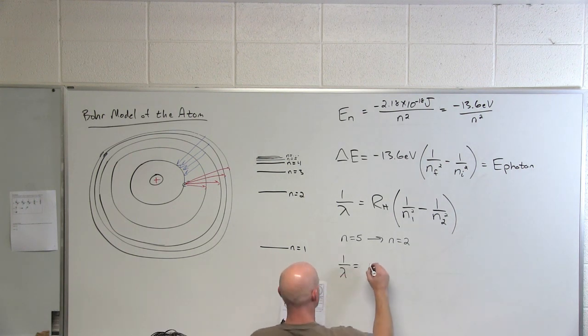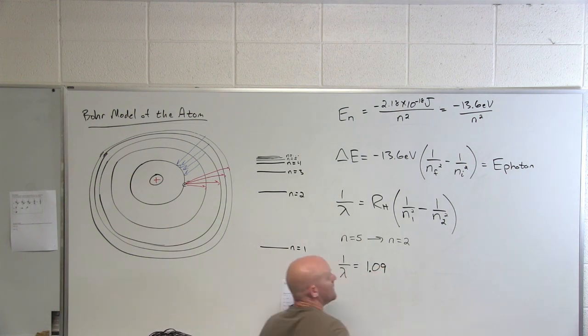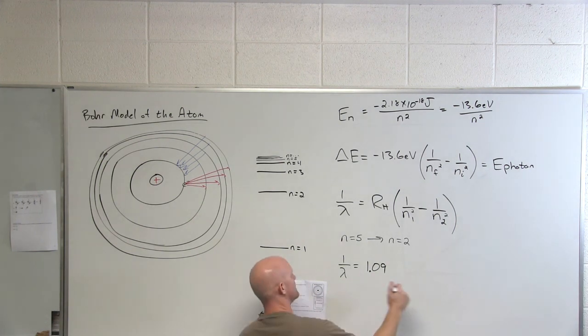So your Rydberg constant is on there again. Just do 1 over all of that to solve for wavelength? You can, yeah, you can just do 1 over the whole thing. Just be careful, that doesn't mean necessarily doing n final squared minus n initial squared, but it's 1 over the entire right side of the equation.